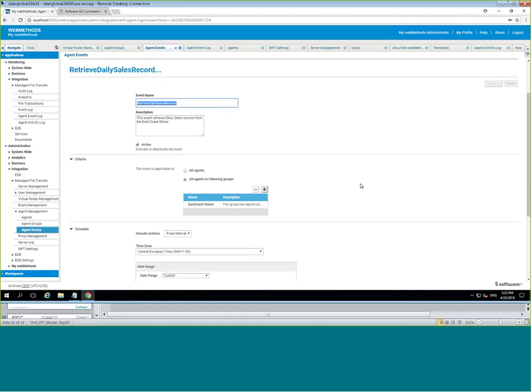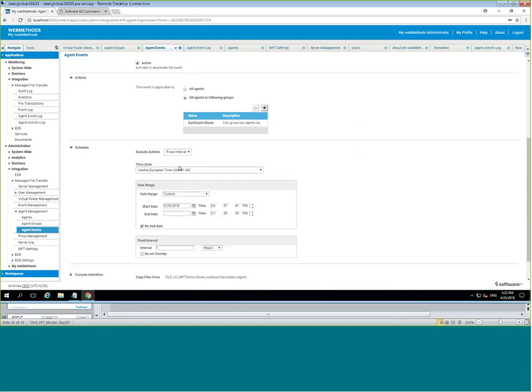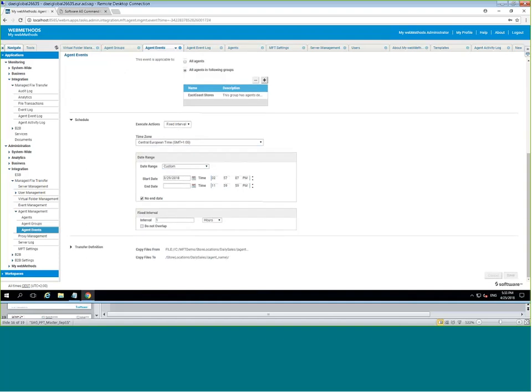Okay. So we have agents defined for the East Coast store group, the same thing. And then we have a schedule defined on a fixed interval basis. Again, I'm triggering these events at a particular time zone. In this case, since the server is running in Europe, of course, I'm triggering these events at Central European time. Ideally, I should have done it to execute in an Eastern time zone, but in this case, I'm triggering it in Central European time.